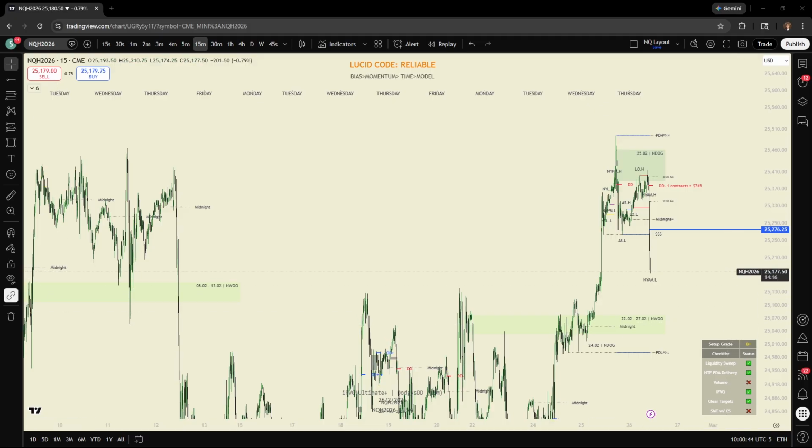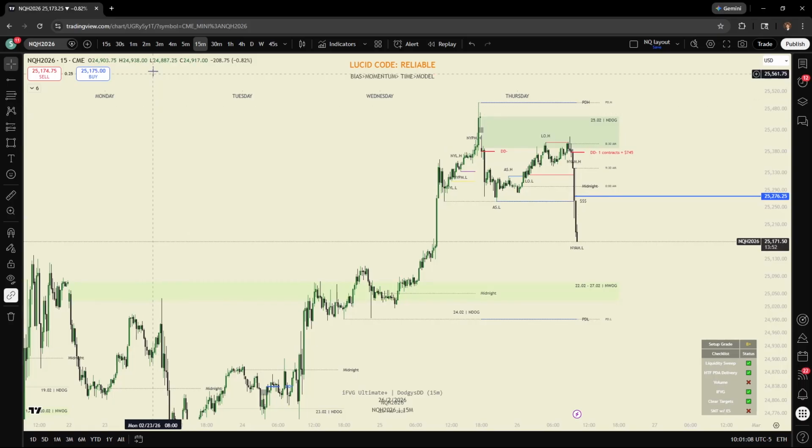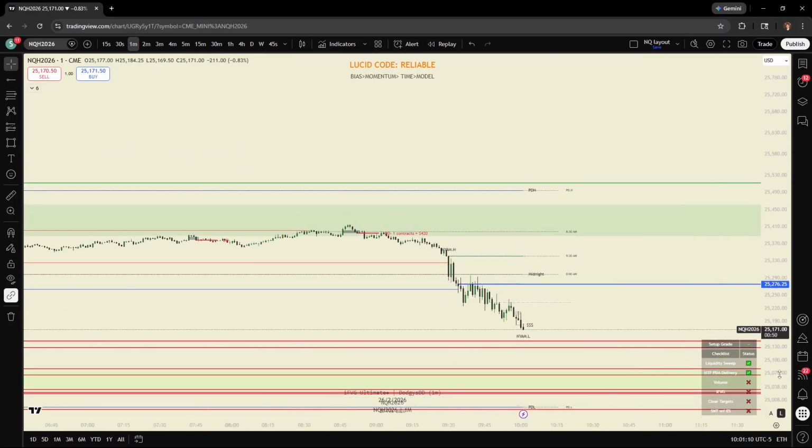Would you guys agree? That one really dream setup that we get, the fake move off open and just instant inverse, right? We want to repeat that sequence as much as possible. And if we don't get anything that remotely lines up with that, then we're not going to take a trade because it's not going to be high probability. Yeah, exactly. Usually if we're gonna get a reversal, it's gonna be closer to open and it's gonna be obvious. And if we don't get it, we don't get it.